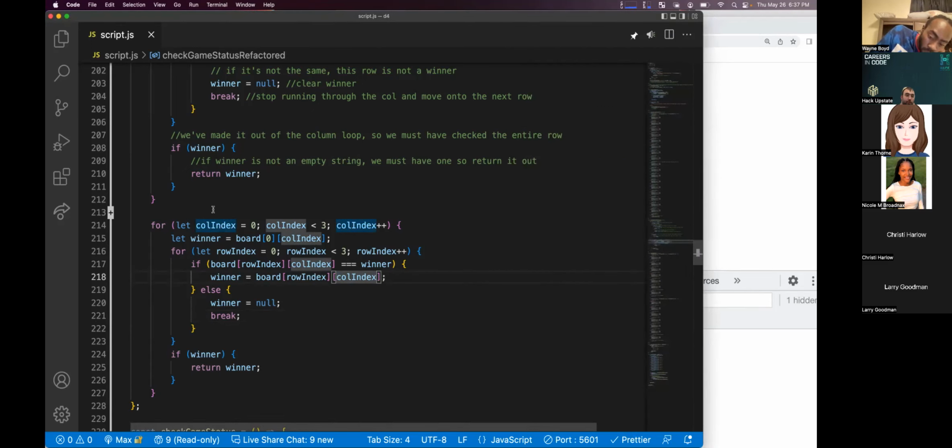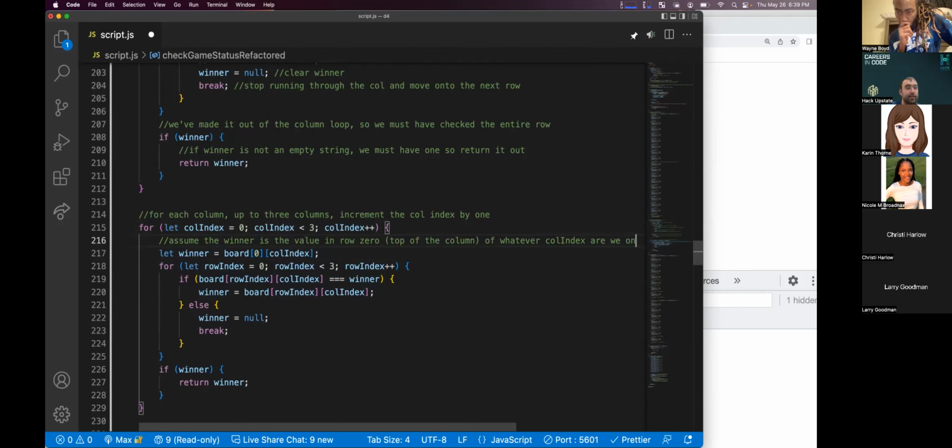And then the row index, so we're keeping track of rows now. Just a note here, whenever you've got a line that's this long, it's better to take the whole comment and, instead of putting it on that line itself, put it on the line right above it. So it's a little bit easier to read.